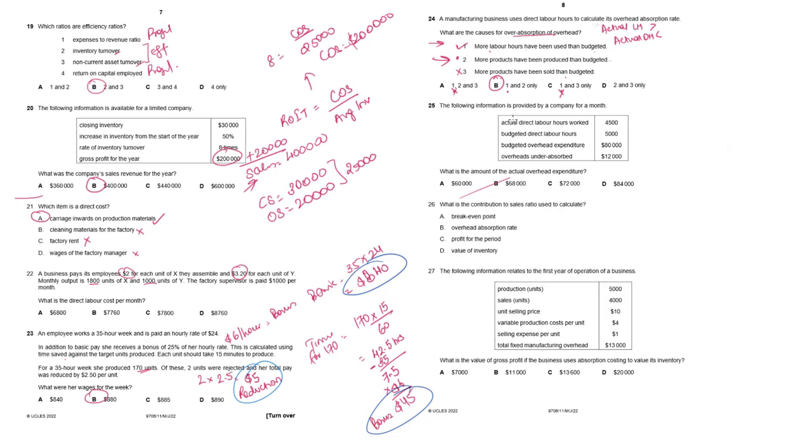Following information is provided by a company for a month. Actual labor hours worked, budgeted direct labor hours, budgeted overheads, under absorbed. What is the amount of actual overhead expenditure? Fine. To do that, first you'll have to calculate overhead absorption rate, which is budgeted overheads upon budgeted labor hours, 80,000 divided by 5,